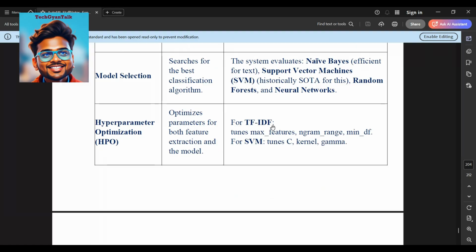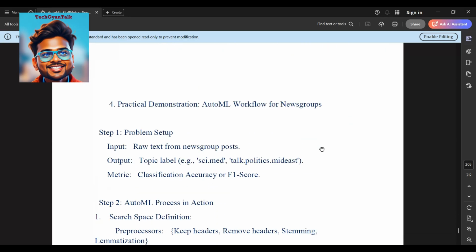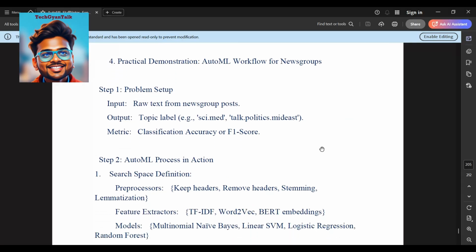And hyperparameter optimization (HPO) optimizes parameters for both feature extraction and the models. For TF-IDF, it tunes max_features, ngram_range, and min_tf. For SVM, it tunes C and kernel, gamma, etc. And in the practical demonstration, we'll see an AutoML workflow for the newsgroup classification. Problem setup: input raw text from the newsgroup posts, output topic labels, example sci.med,